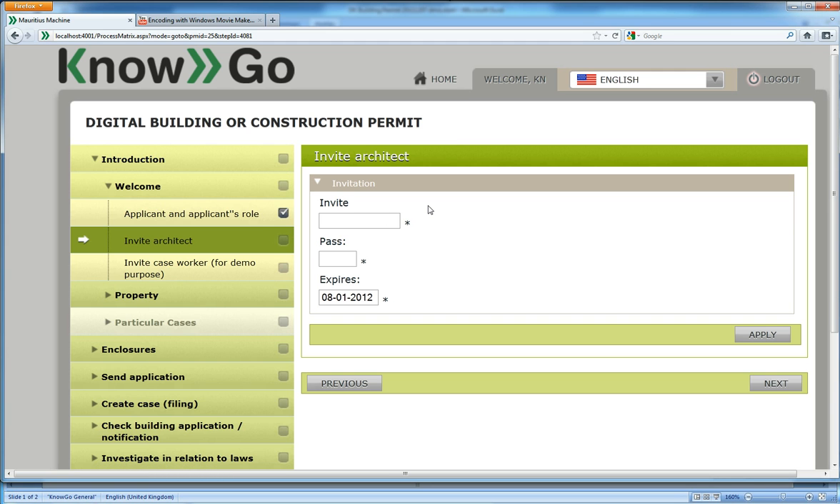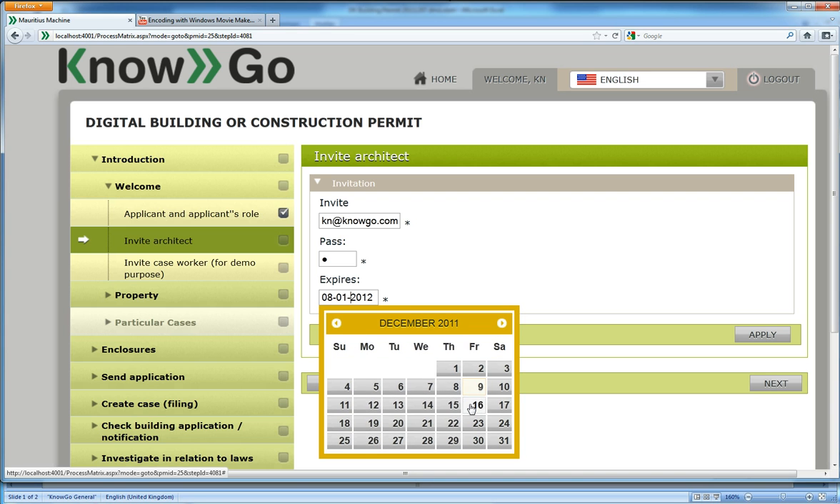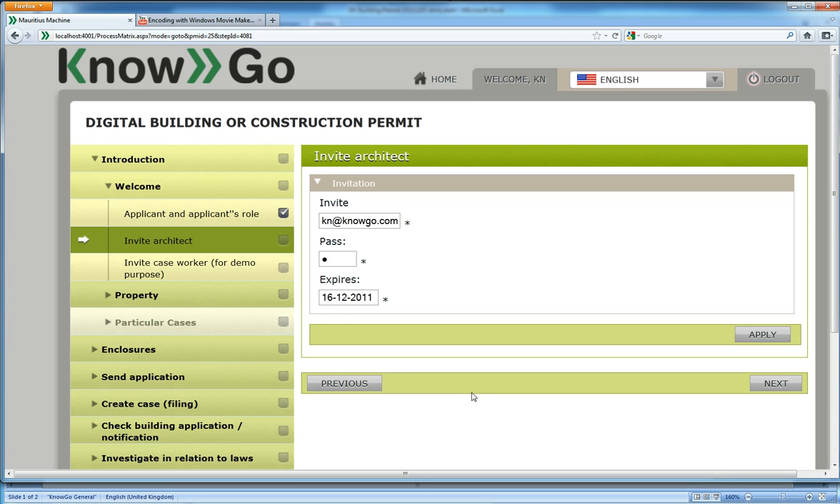So let's specify my own email address for that purpose, and I will specify a one-time password here, which I can say that it expires if it doesn't react in a week. Then the email will no longer be valid. And then what will happen is that